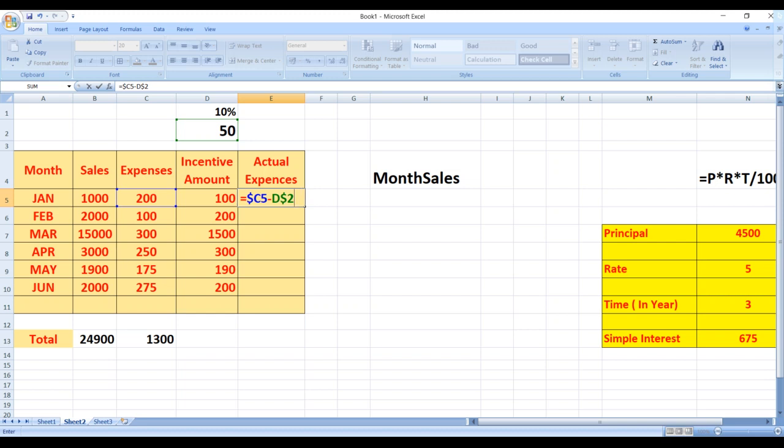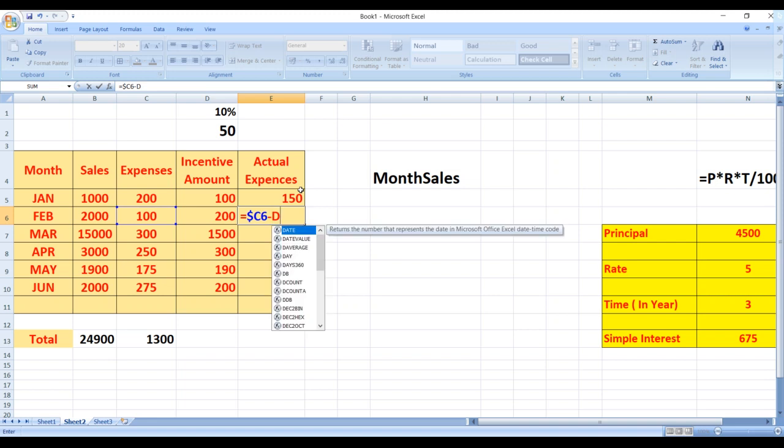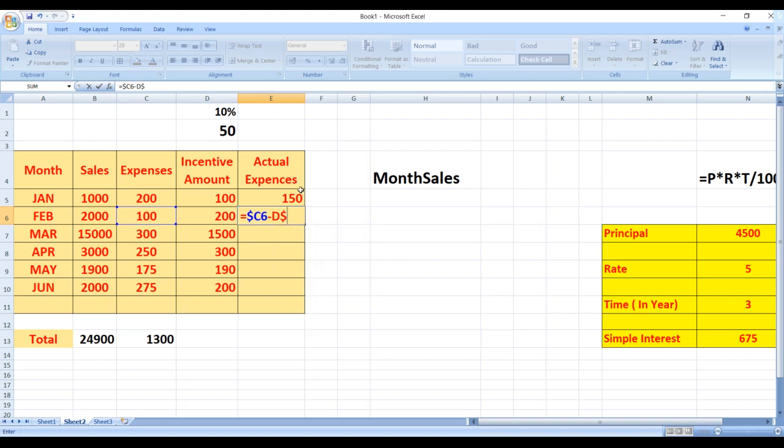Whatever the expenses are, from those expenses I want to minus the charity. So how much is the charity? Our charity is 50. So how much will it be? It will be 150. So let us check. See here, it is my 150. One more time I will show you: equals to, then I want to keep C row as fixed, so dollar sign C6 minus D, second row. D row, then second row, it is fixed. So see here, 100 minus 50 is 50.